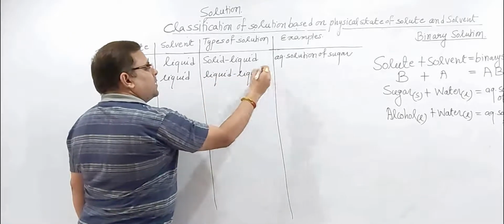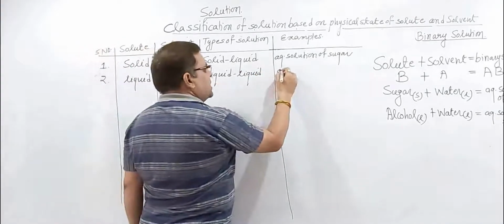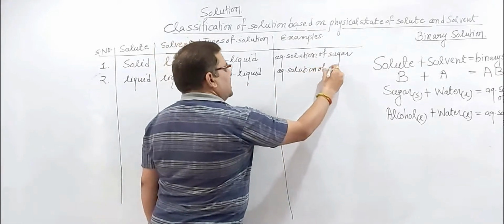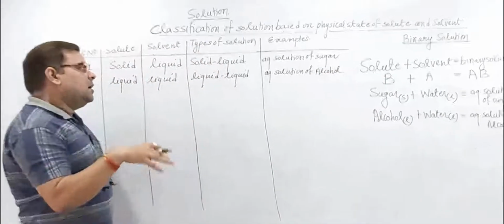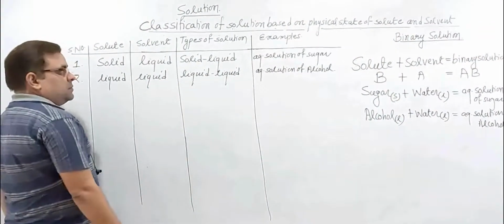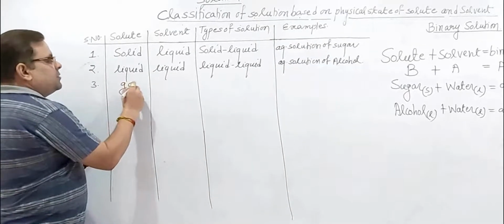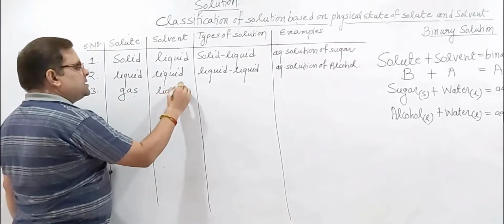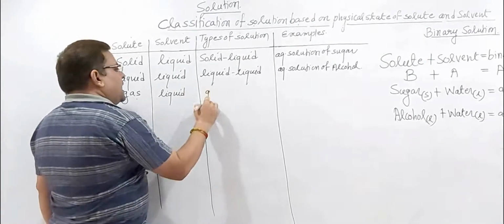Look, I just explained these binary solutions. What is the example of liquid in liquid solution? Its example is an aqueous solution of alcohol. If we dissolve any alcohol in water, it will give a solution which is called a liquid in liquid solution. And the third type of liquid based solution is gas in liquid solution, in which the solute is present in gaseous state while the solvent exists in liquid state. Such solutions are called gas in liquid solutions.